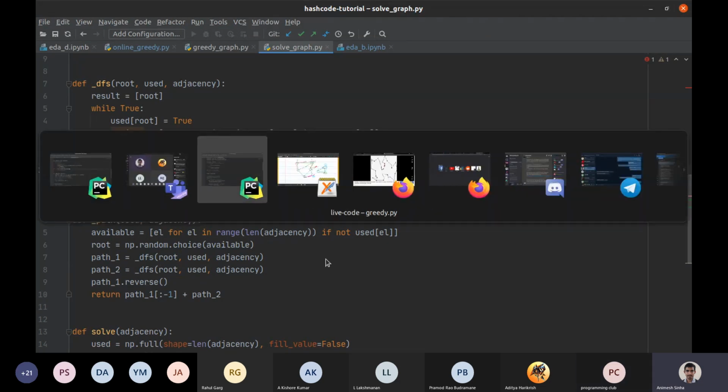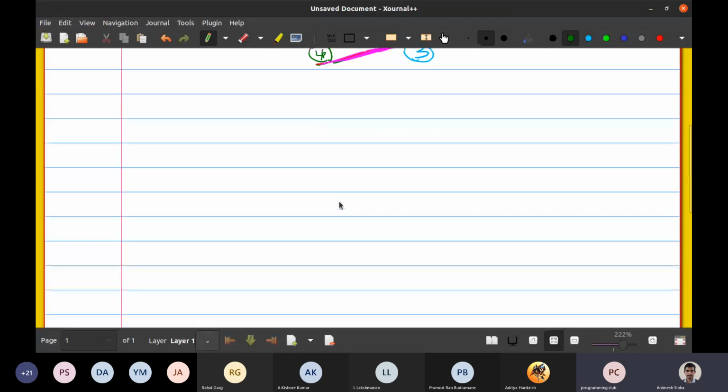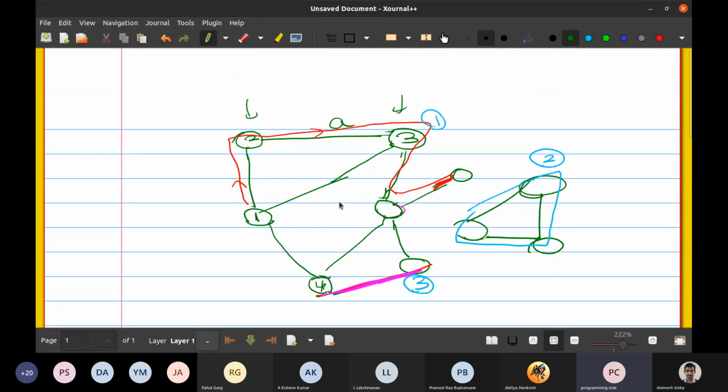Yeah. Actually, Animesh, can you just always draw the function code, so that people can see what happens? Like let's say start here. Then what does happen? So I started node number 1. Yeah. So it looks at all of the three children, 2, 3, and 4, and it randomly picks one child. Let's call it 2. Okay. So it goes to 2.